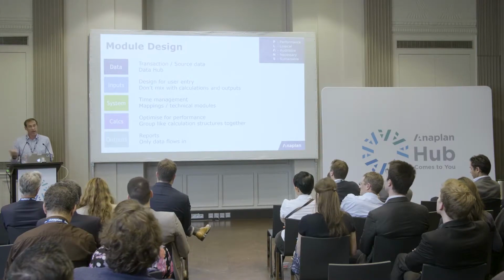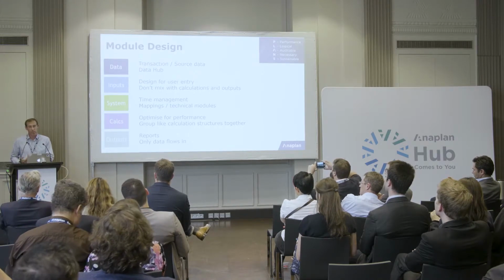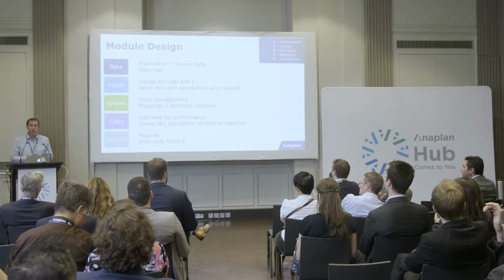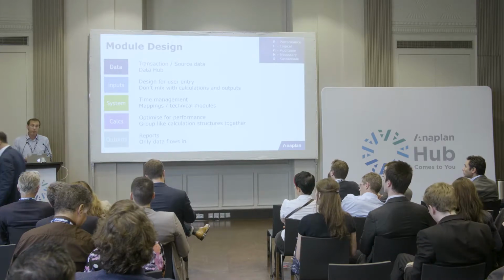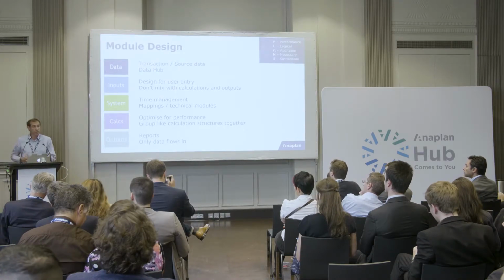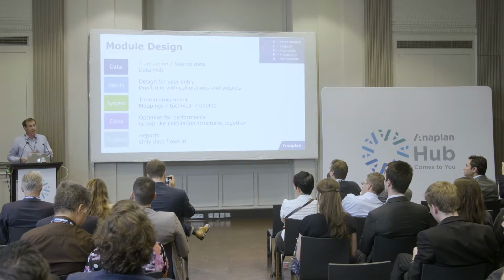And then finally, the right-hand side or the bottom, depending on how you draw it, is the output. And again, this is likely to be, in most cases, more user-friendly. You may need to have more dimensionality to allow that flexibility of reporting. Or it may actually be an export or an output downstream to another system. But this, again, is the end point. You shouldn't really have data flows coming out of this module that aren't going to another system. You shouldn't have this feeding into a calculation module or an input module, because this should be the end. You can do it in Anaplan, and you can have those lines going backwards and forwards. But it makes it very difficult to understand what actually feeds what. So we're trying to encourage that thought process before you build the models.